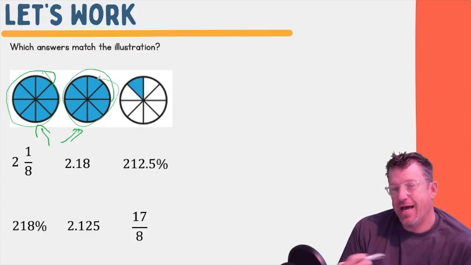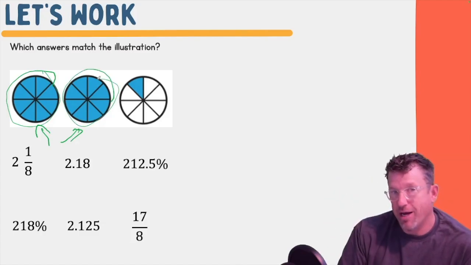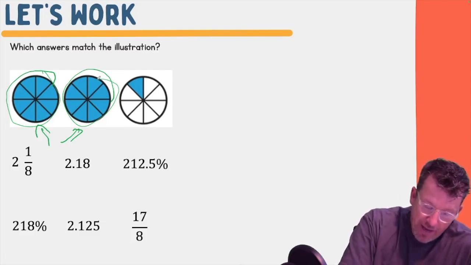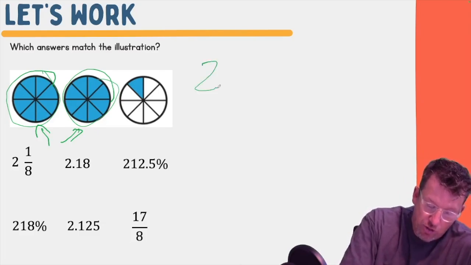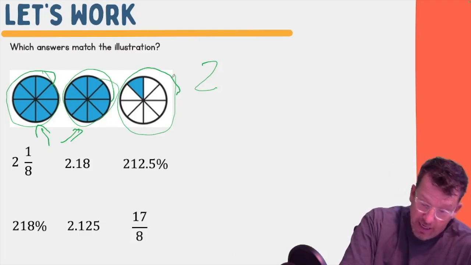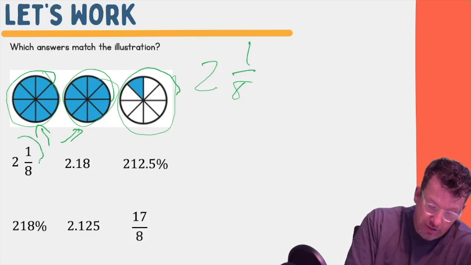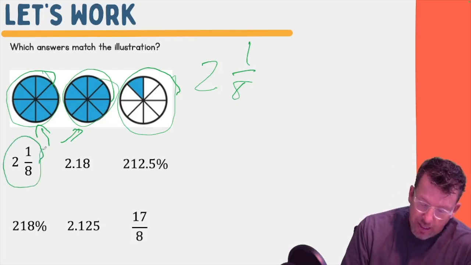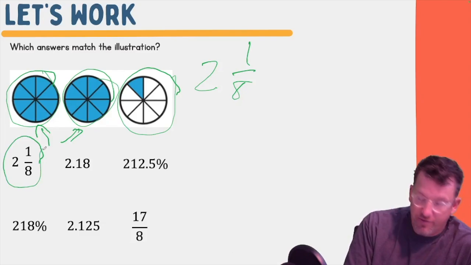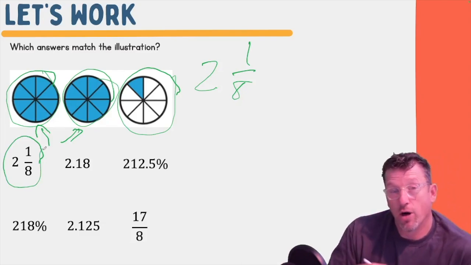And anything out of itself, so anything with the same number on top and bottom, is just representative of 1. So right off the bat, I know that I have 2 wholes. But then I have this other one that is not a whole, but it's out of 8 still. Okay? And how many of it's colored in? 1. So right off the bat, I know that this one works. Okay? Now we're just trying to figure out if any of these others represent the same thing, or are they